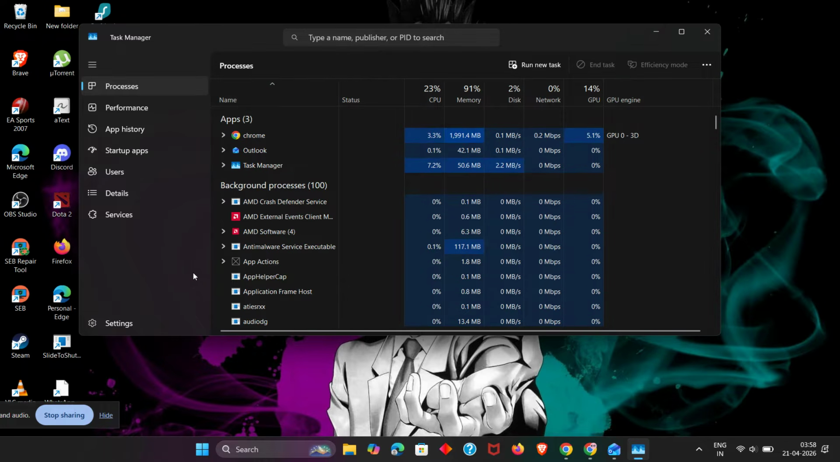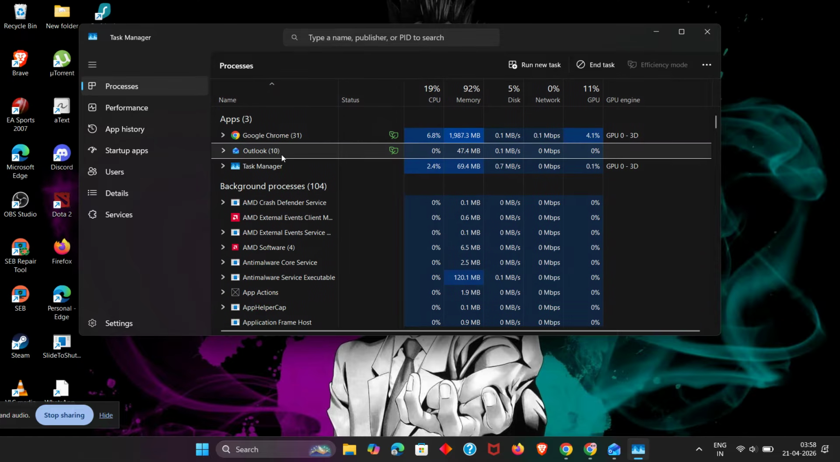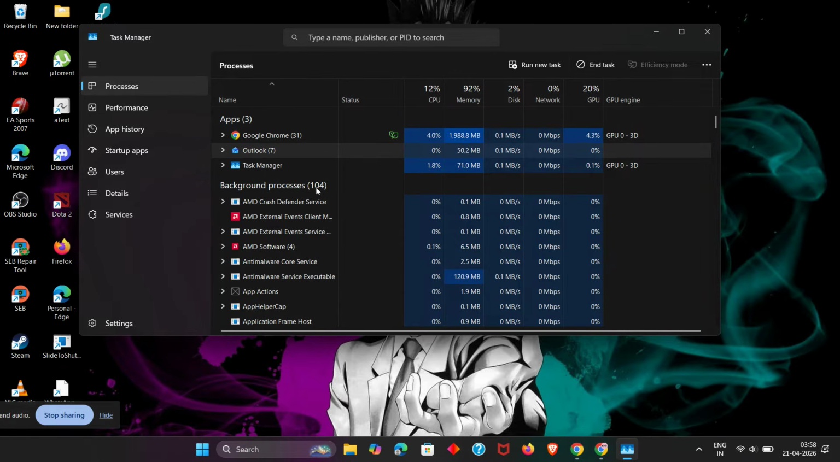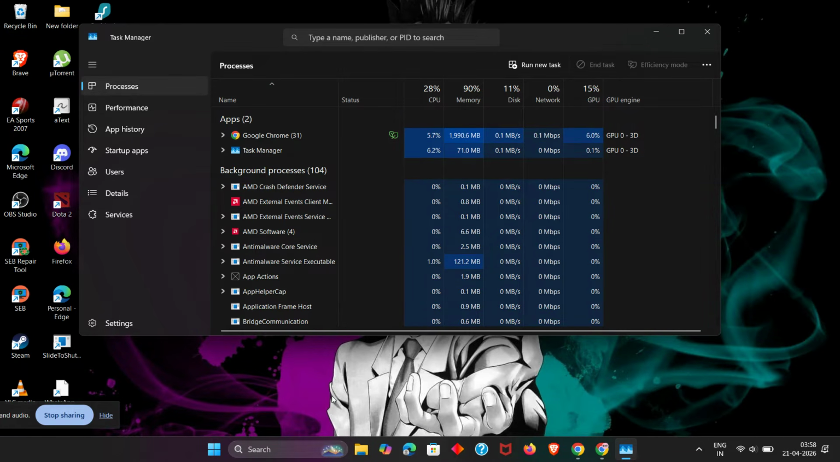Depending on your system, it may appear under Apps or Processes. Once you find Outlook, click it once to highlight it, then select End Task at the bottom right. This will fully close Outlook, even if it's frozen and not responding. If Outlook is still running in the background, this step is important because a stuck process can keep the loading